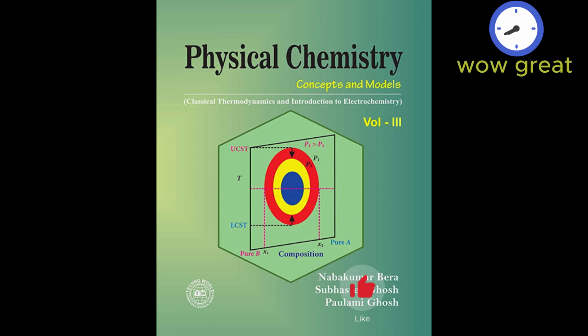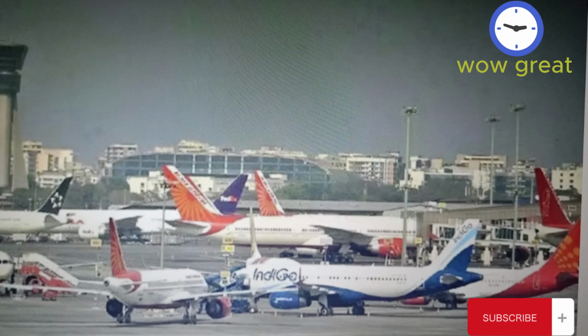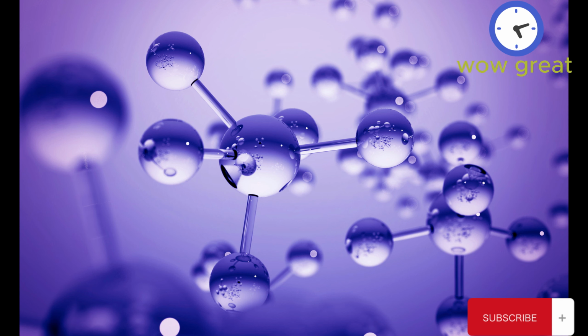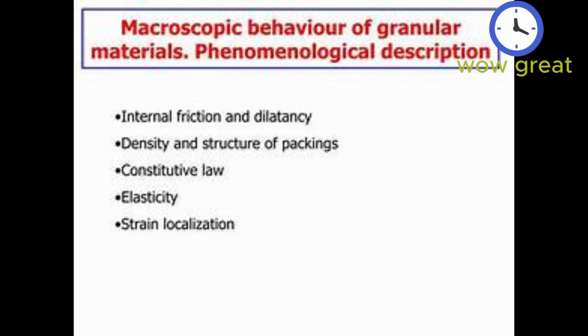Physical chemistry is a branch of chemistry that focuses on the study of the fundamental principles and physical properties that govern the behavior of matter, the energy changes associated with chemical reactions, and the underlying forces and interactions at the atomic and molecular level. It combines concepts from both physics and chemistry to explain the macroscopic and microscopic behaviors of substances. Some key areas of study within physical chemistry include thermodynamics.